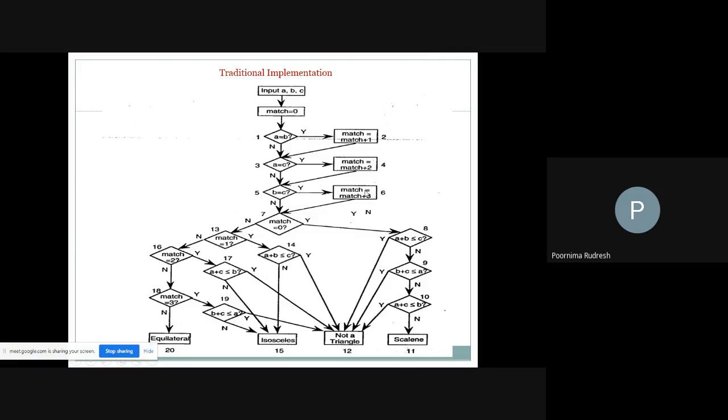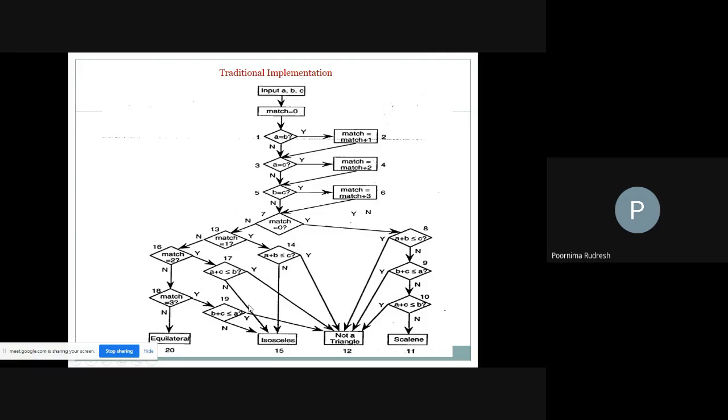Understood? So for match, because we are incrementing by 3, initially match is equal to 0. We are adding 3 to that, then match becomes 3. So if match is equal to 3, then it is an equilateral triangle. If not, it is an isosceles triangle. And if no sides are equal, meaning all three conditions are false, A is not equal to B, A is not equal to C, B is not equal to C, then we say that it is an isosceles triangle. Okay, so this is about the type of triangle.